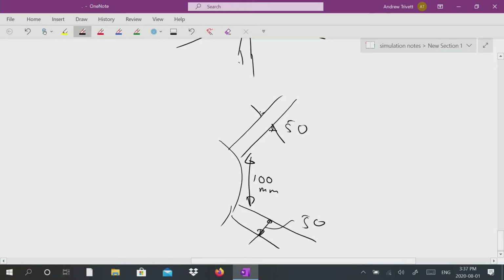Then my birdhouse has to fit there, which means that I want to make a birdhouse that in plan section kind of looks like this from above, where I'm going to make this dimension. I know it's got to fit into 100. I'm going to make that 75 just to make sure that it fits in 100. And I'm going to make this